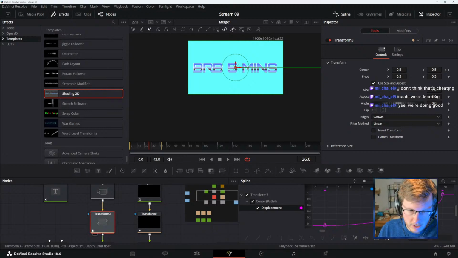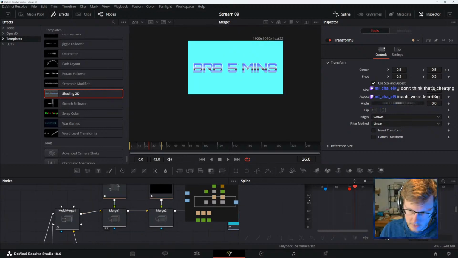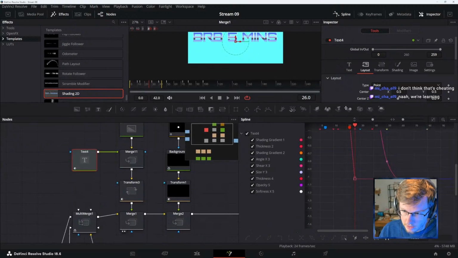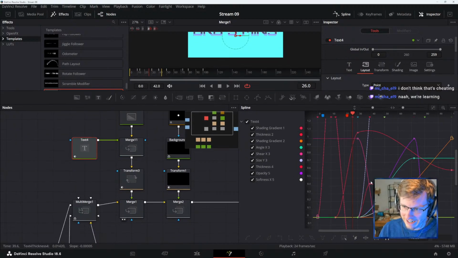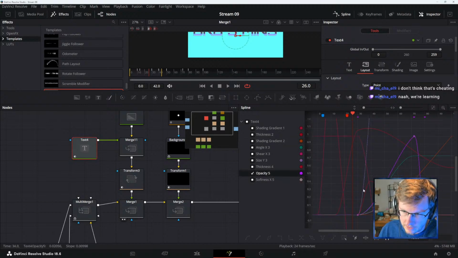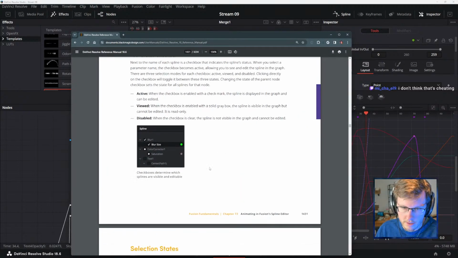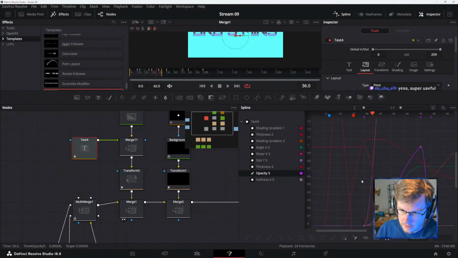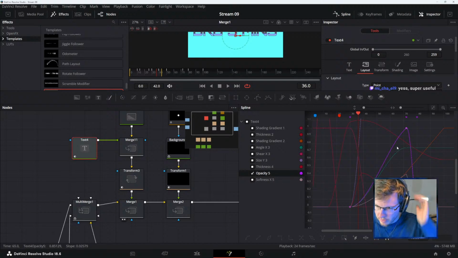because the few times that I've messed around with scenes with a bunch of splines, it's immediately overwhelming to have all of these splines in here. Yeah, that's a good way to stay organized. If you still want to see it, but you don't want to keep accidentally selecting it, you could just have the one that you want, and then you can just select it like that, but still see what's going on. Yeah, that's how you can keep it manageable when there's a bunch of splines.